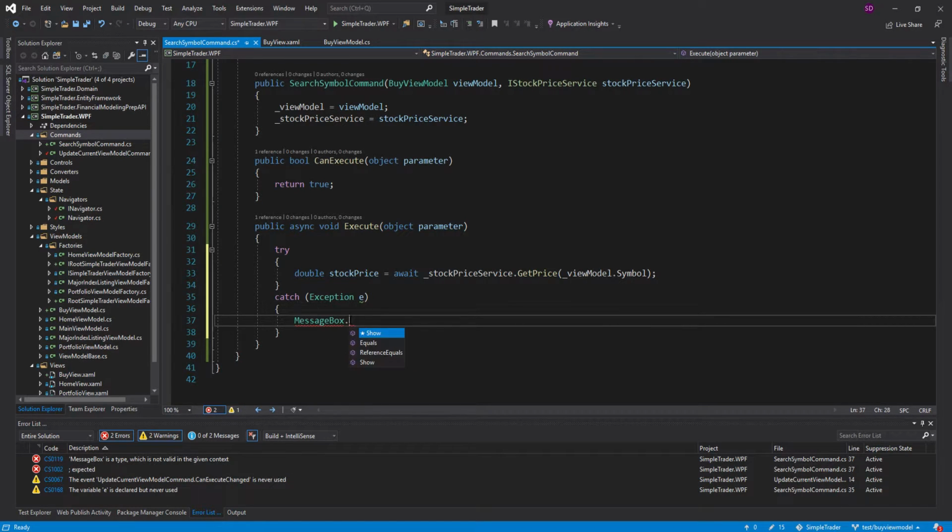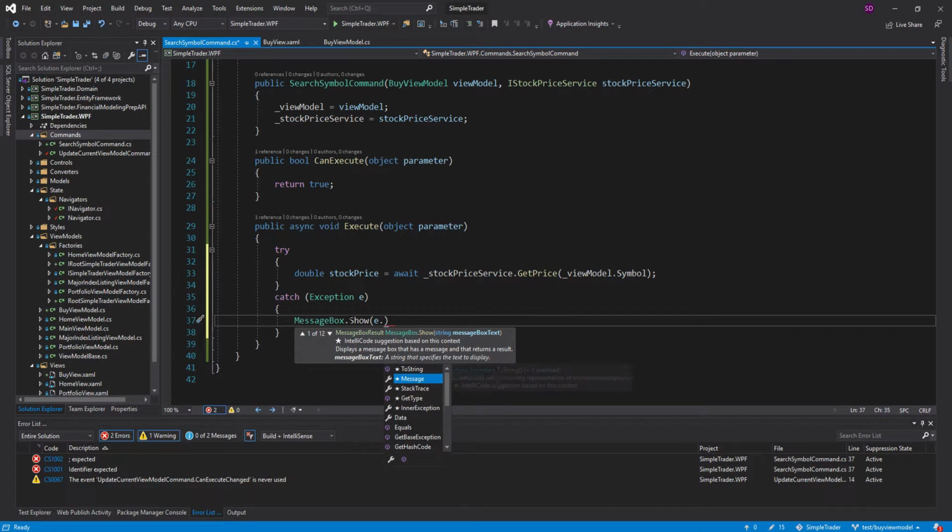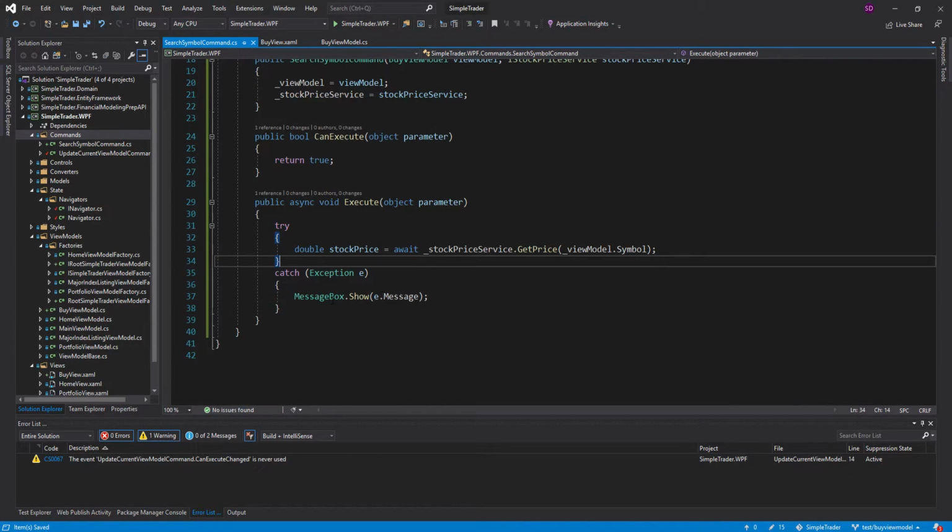Or we can just say MessageBox.Show and show e.Message, which isn't ideal because down the road I want to actually handle specific exceptions and show those more elegantly on the view model. But for now, this will handle the exception and just throw a message. So we're going to get that stock price, and then we're going to have to send that stock price back